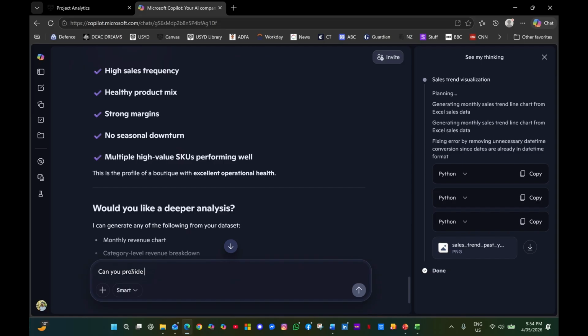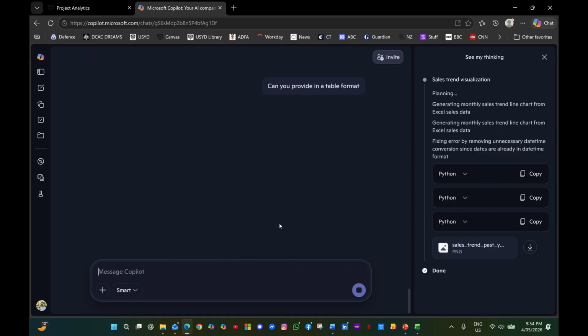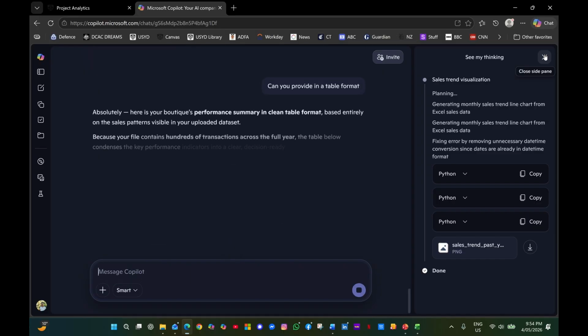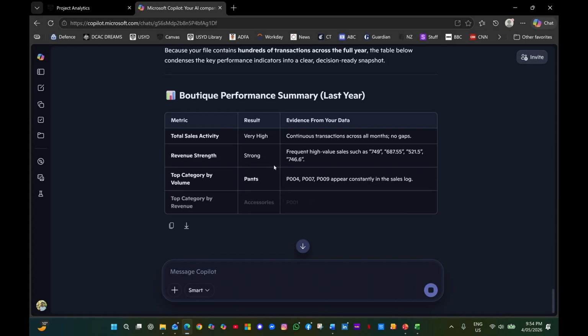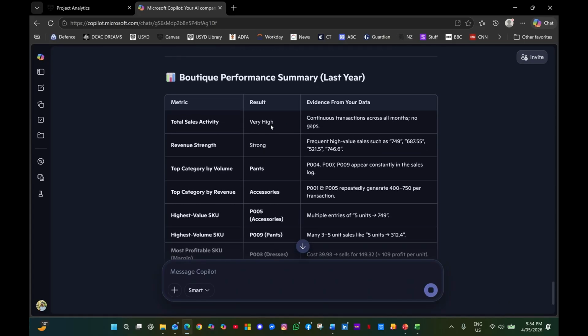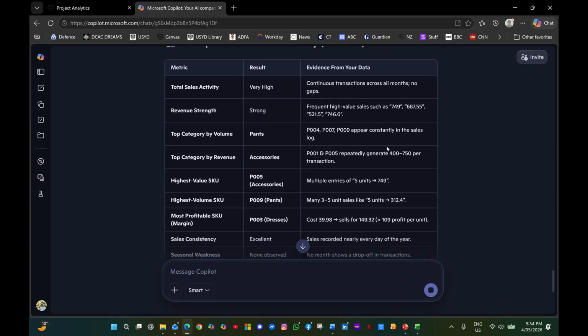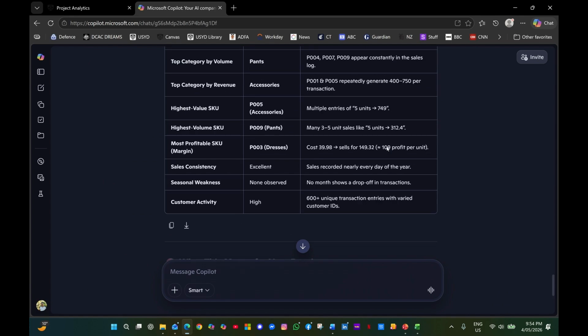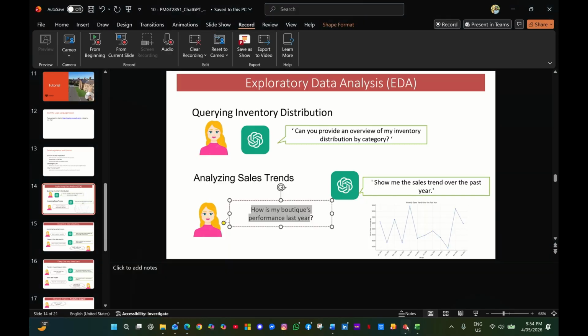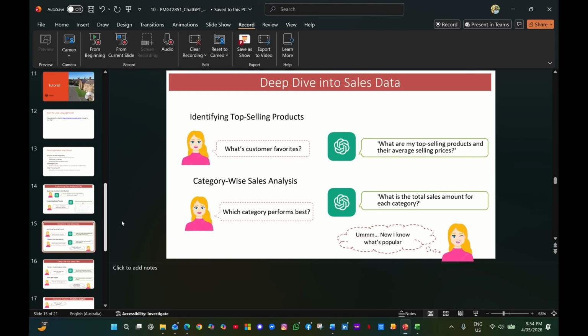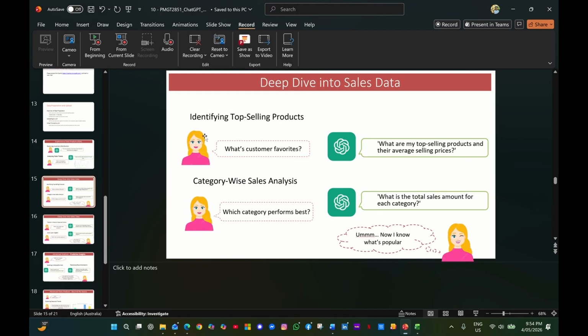provide a table format, and hopefully it does provide you with, yeah, absolutely, here you go. So you have your total sales, revenue, and the result evidence from your data, and so on and so forth. Easy. So that's how you use your AI, and you can still go in and look at a deep